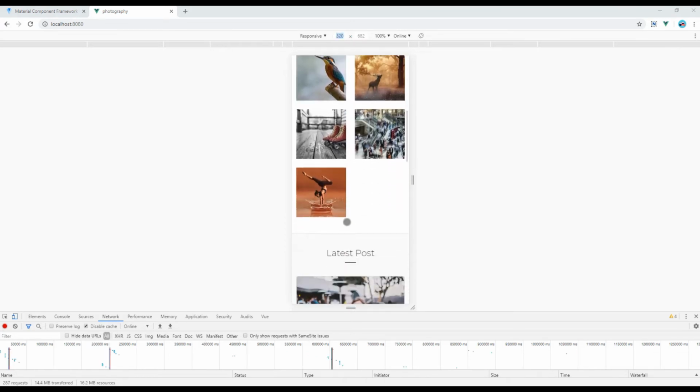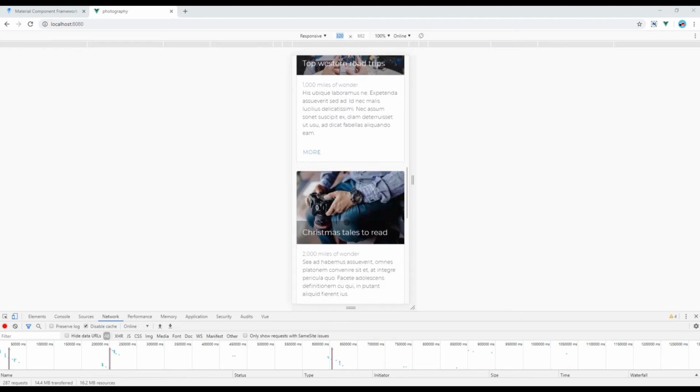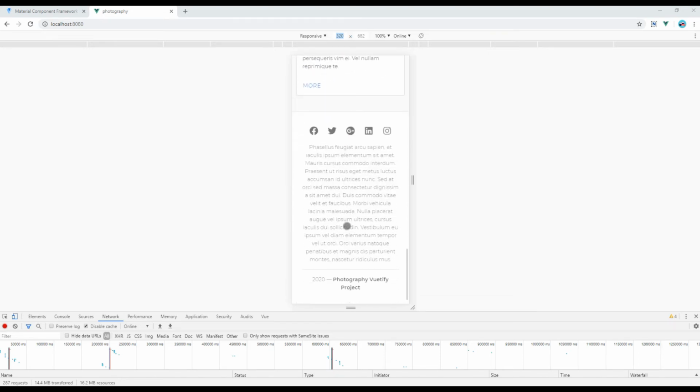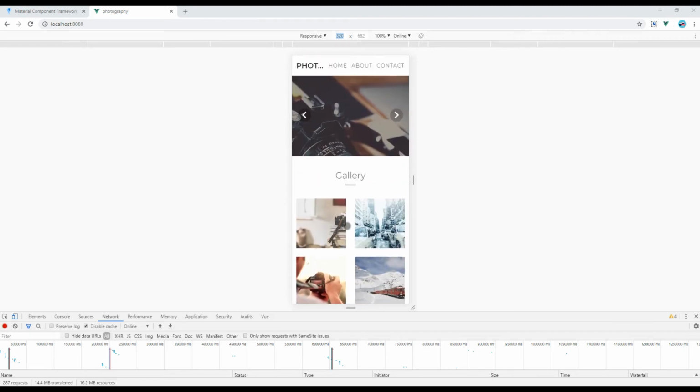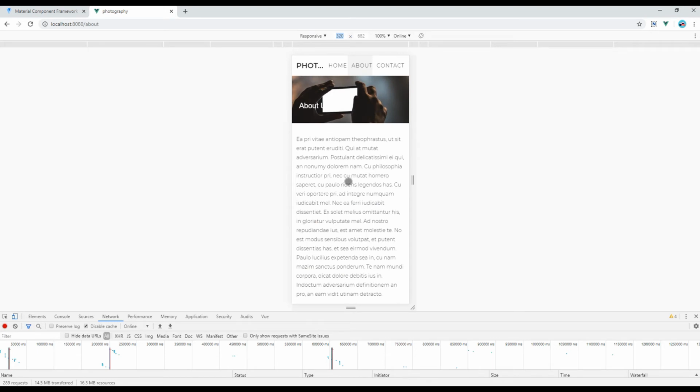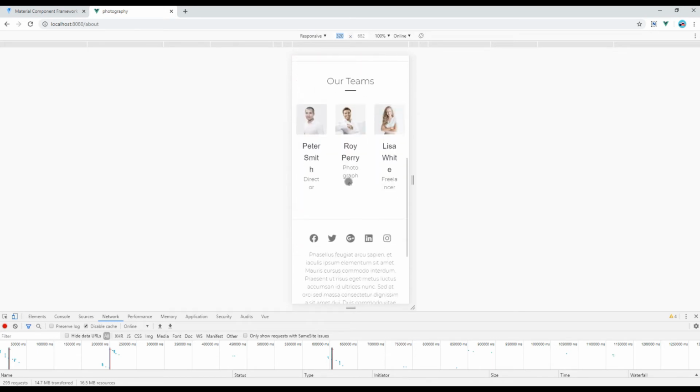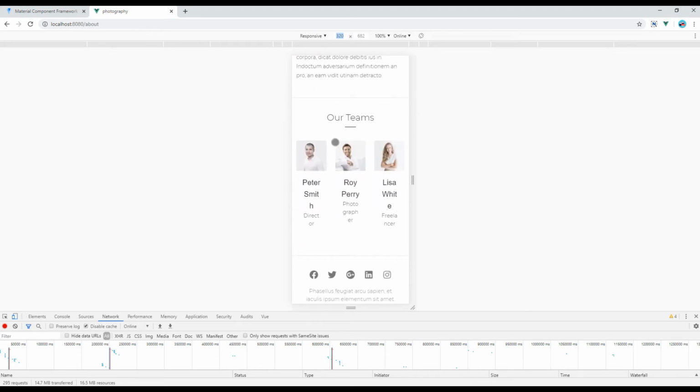Now continue checking all the blocks in the home page, and it seems everything looks nice except the burger menu in this header. I will show that last, but before that I want to check the about and contact pages. So click on the about page, and in the about page I want to fix this our themes section. So open about.view,